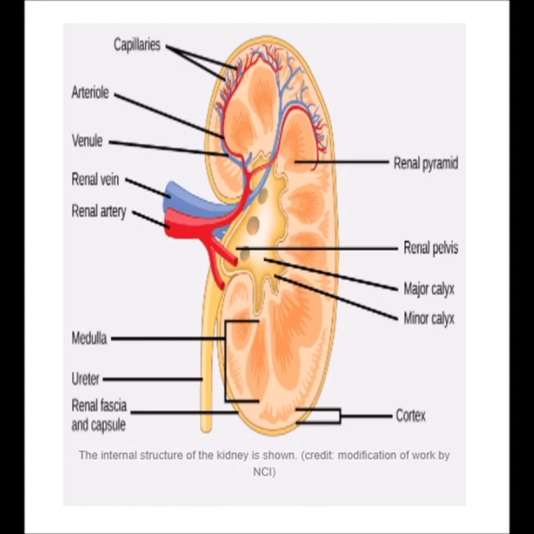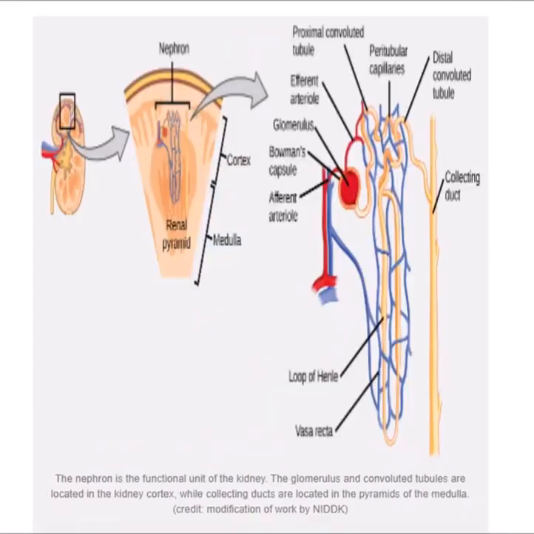Now let's go on. Because the kidney filters blood, its network of blood vessels is an important component of its structure and function. The arteries, veins, and nerves that supply the kidney enter and exit at the renal hilum. Renal blood supply starts with the branching of the aorta into the renal arteries, which are each named based on the region of the kidney they pass through, and ends with the exiting of the renal veins to join the inferior